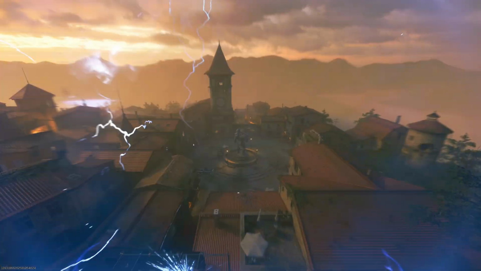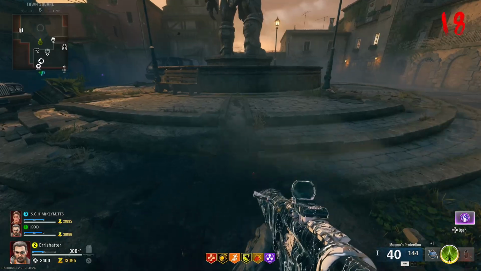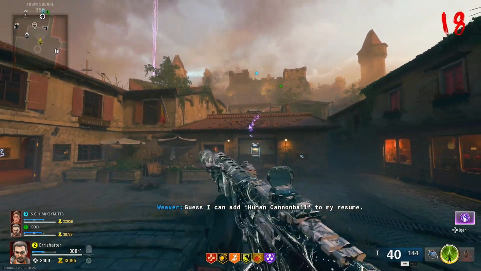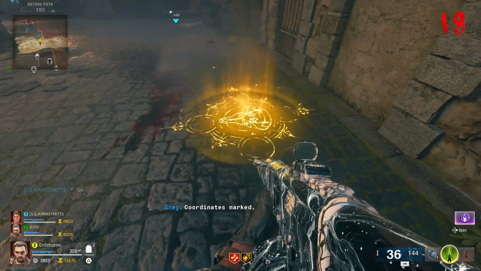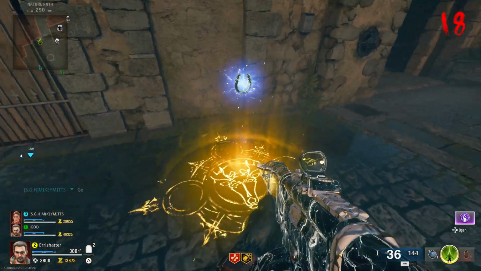When you land, you'll no longer have it in your inventory, but you will be able to find it on the ground around spawn, over in the area with the barn, or on the ground heading right out of the spawn towards Speed Cola. With Pegasus horseshoe now, you'll be able to head into the spawn area near the door